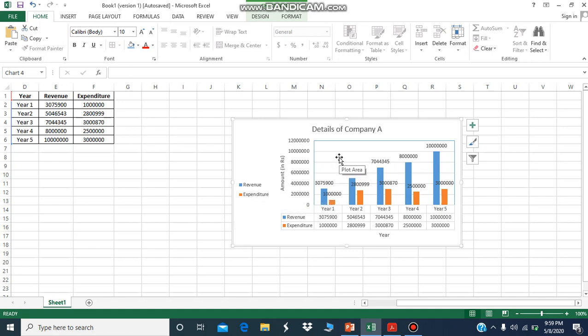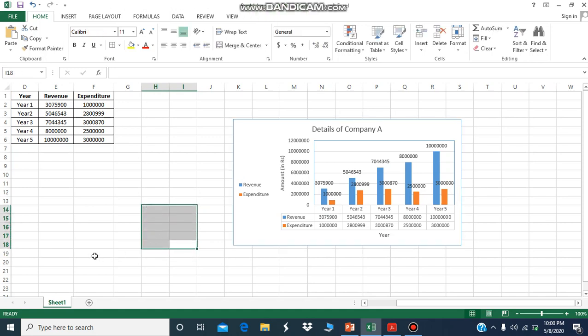Grid lines run across the plot area from each category on the x-axis and from each value on the y-axis, and they make it easier to identify the value of each data point on the chart. And data label, this one you can see a label that provides additional information about a data point on a chart.